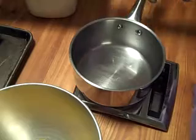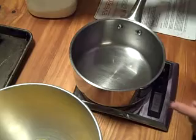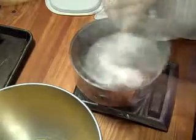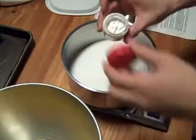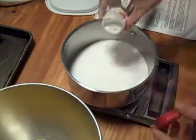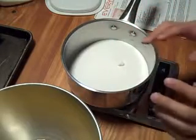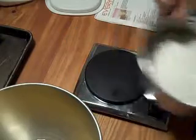So why don't we go ahead and weigh out our sugar. We need 1 pound in the pot. Okay, and to this we're going to add a little bit of cream of tartar, just a pinch, and then we're just going to add enough water to make the sugar wet. It shouldn't be any more than 8 ounces of water, but I'm not even going to measure it. I'm just going to put the water in,